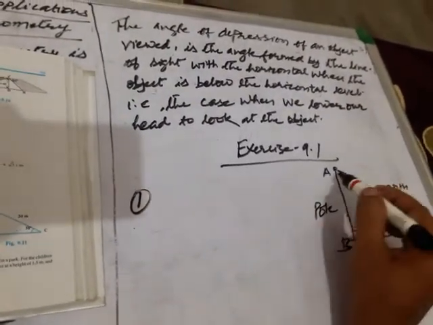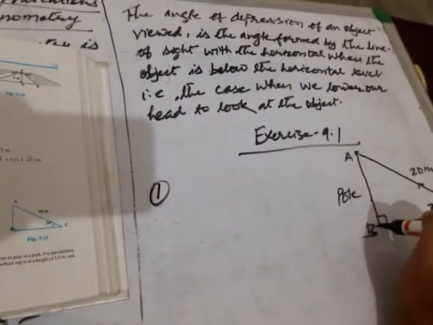This is the pole. This is the pole. Here this 20-meter long rope is tied between the top of the pole and the ground, where one nail is there. See, this is the circus artist. He climbs from here to here along this rope, from the ground to the top of the vertical pole. Find the height of the pole. We have to find this height of the pole AB.